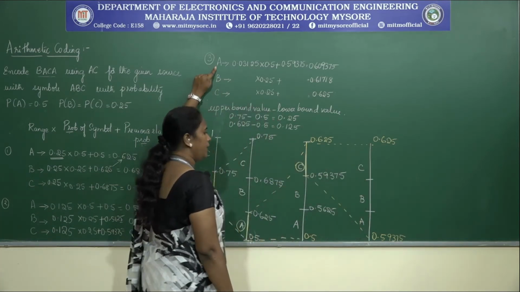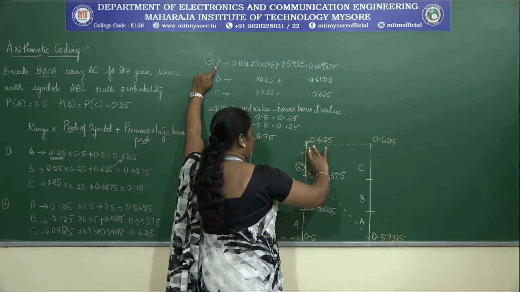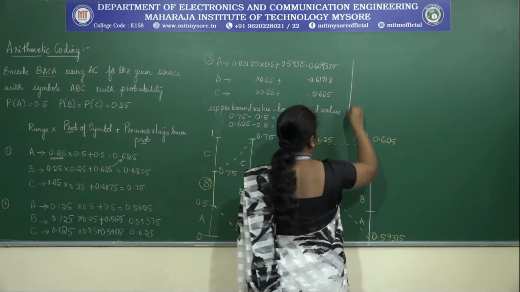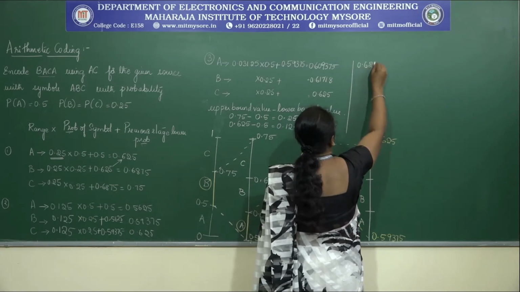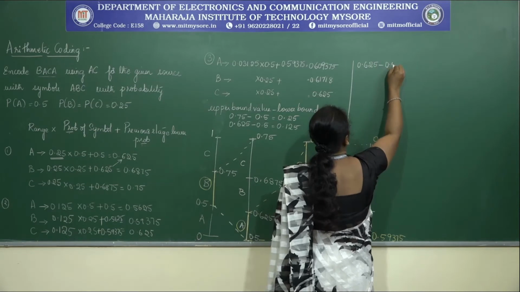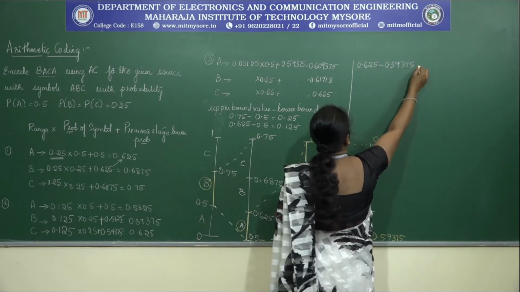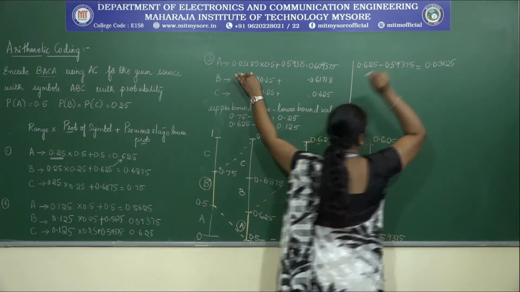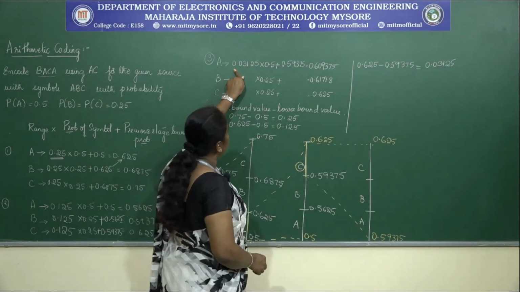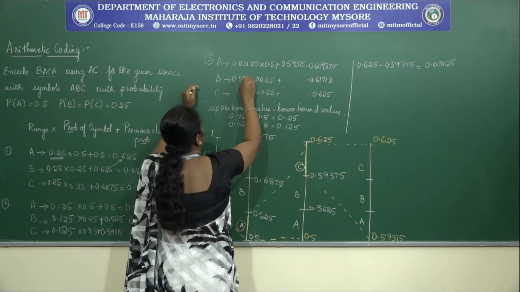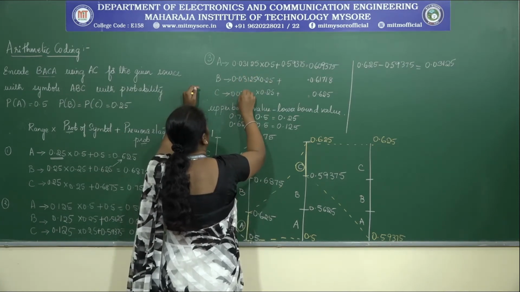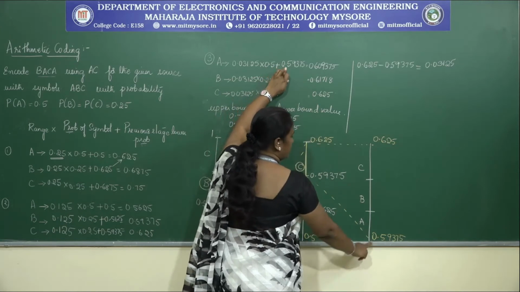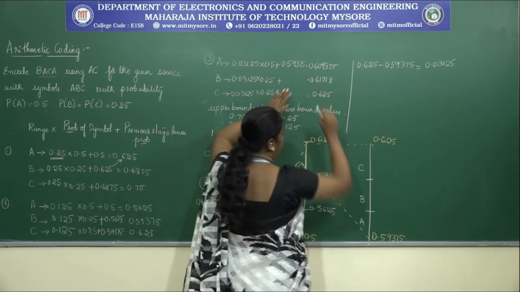So this is your A. What is the range of this one? It is 0.625 minus 0.59375, where you will be getting 0.03125 as the value. That is the range we have considered, and it remains the same for all three. So multiplied by the probability plus the previous value, which is 0.59375, where you will be getting